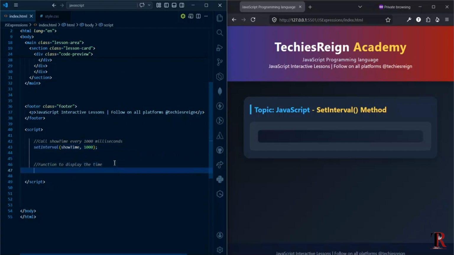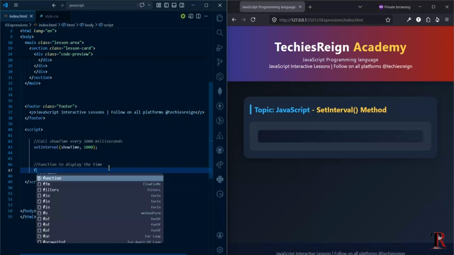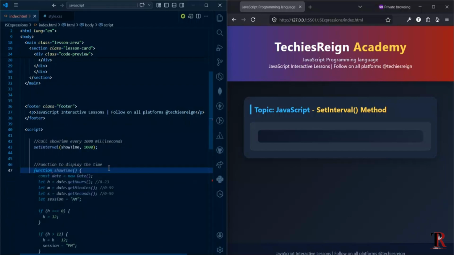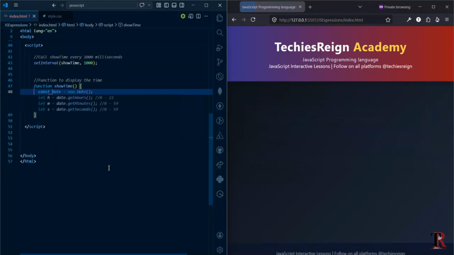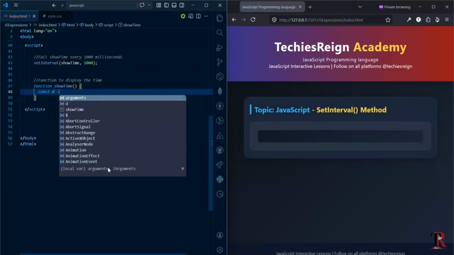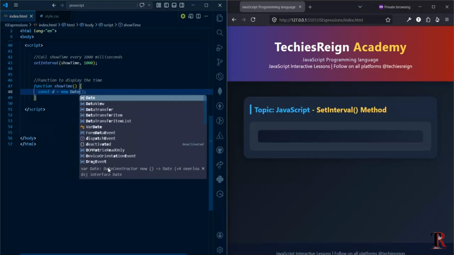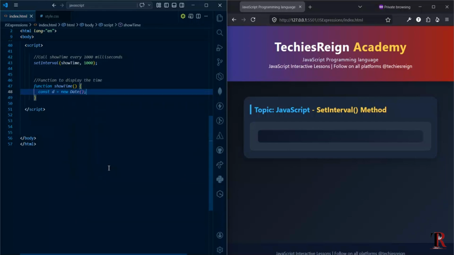Now I need to make the function for this set interval before it is being called. So I need to make a function show time, and inside it I need to first get the current time. And how do I get the current time? I can use the new date object to get the current time. Now that I have gotten the current time,